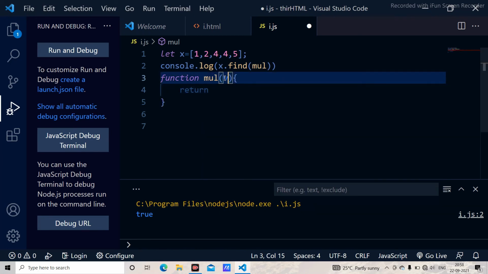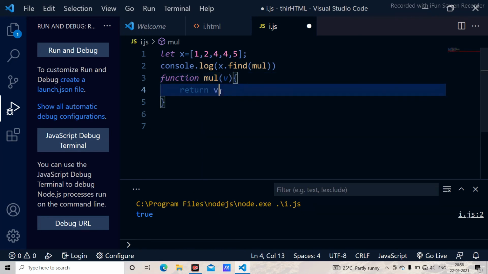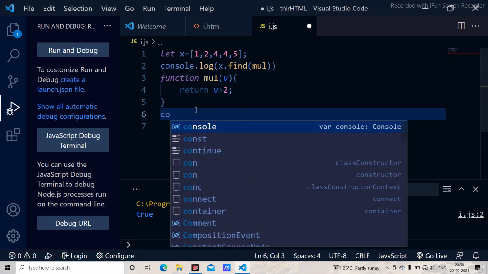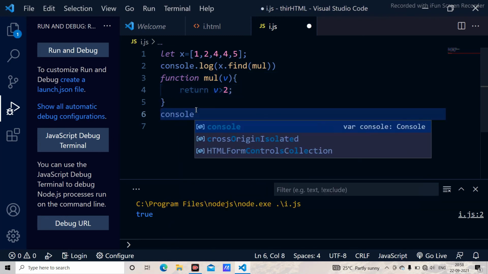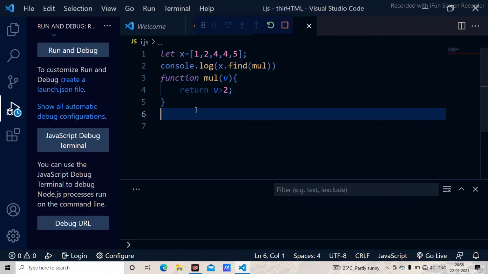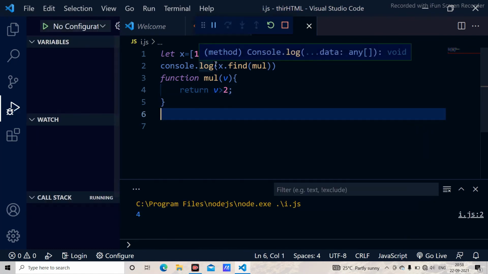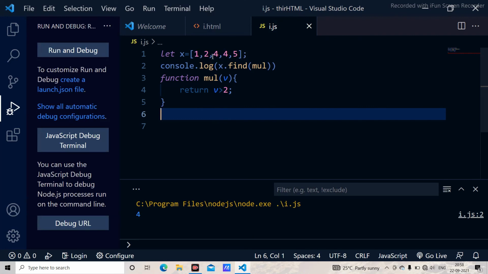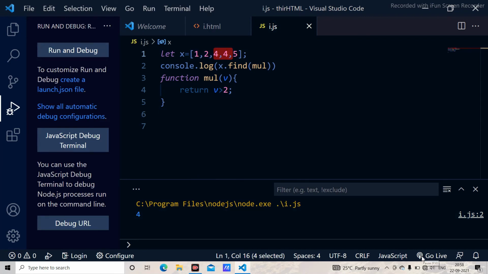Here I am using a v, and it is going to check every value here. The values which are greater than 2, it has to create a new array. Console.log, already we have written that. And I just run the program, it is going to create a new array of values which are greater than 2. Here 4 is greater than 2, therefore it is returning that.